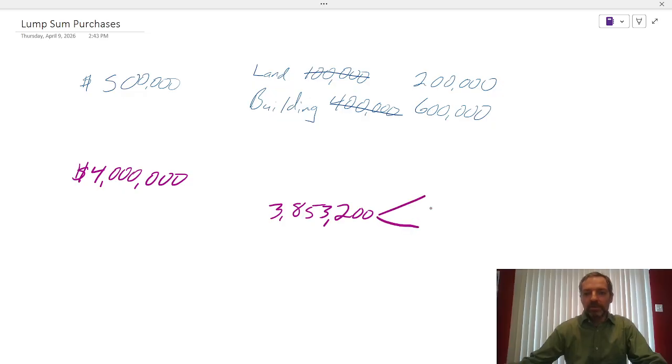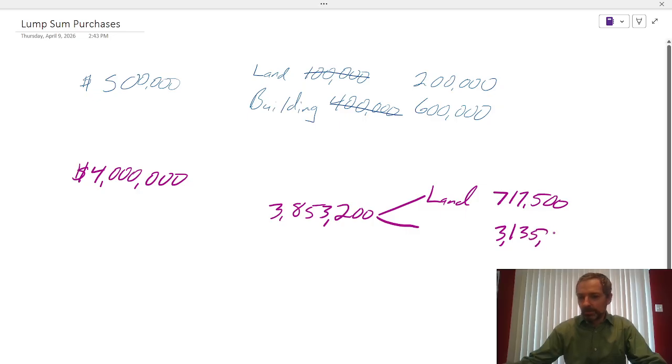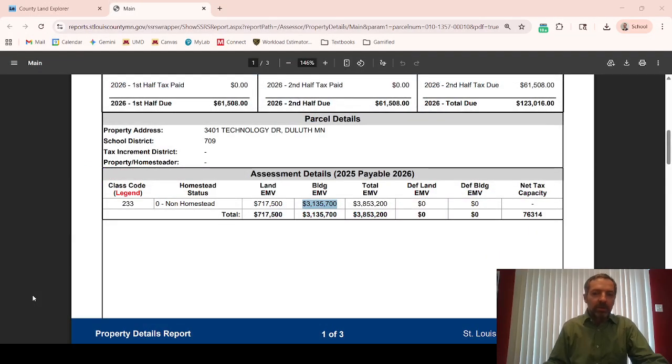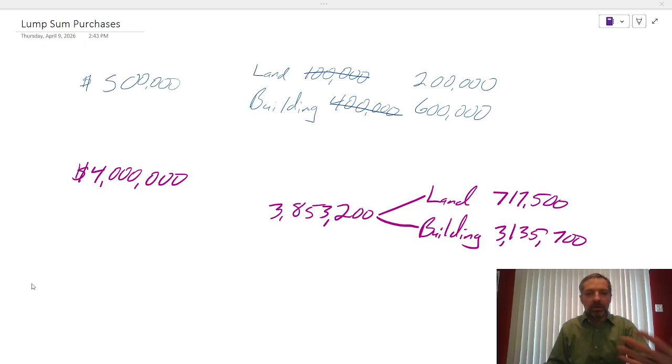And they broke that down into land, which was worth 717,500. And then the building was $3,135,700. So you can see that I have just copied the values here from the county's report into our scratch paper